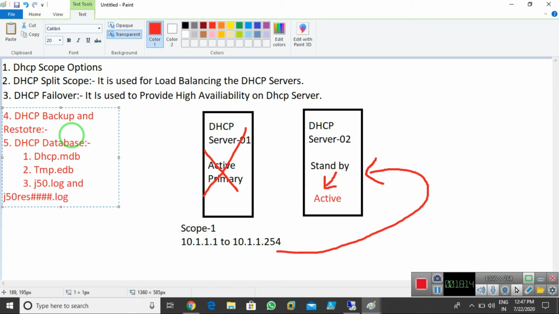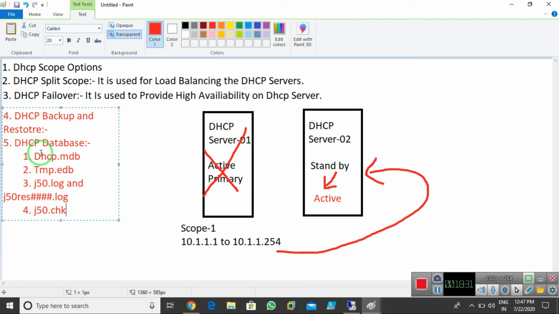We need to understand these two files. And number 4th one we need to understand is j50.chk. These are the four files which are created in the DHCP folder.